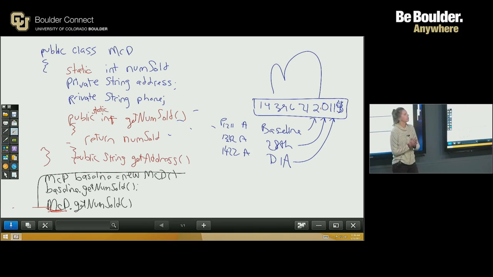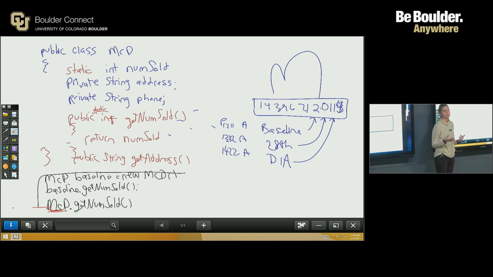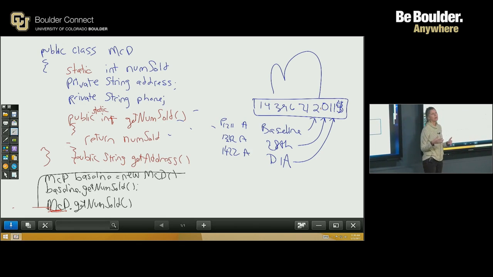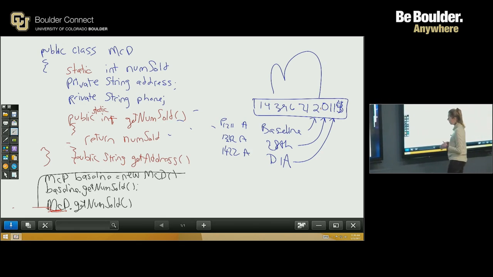So let's go back to the owner concept. So the question was, what if McDonald's had multiple owners or the same owner for multiple restaurants? So one thing we would do with owners, as well as